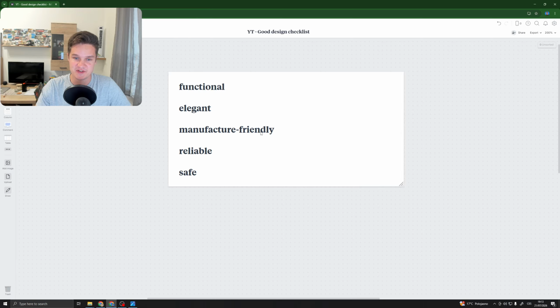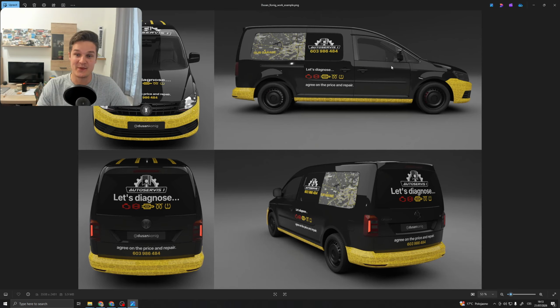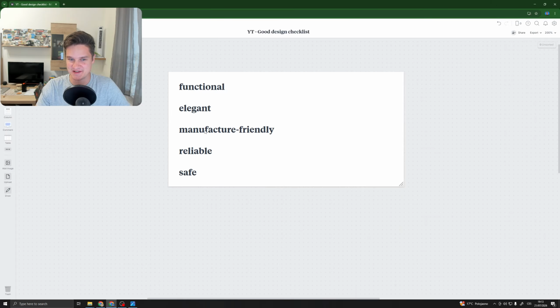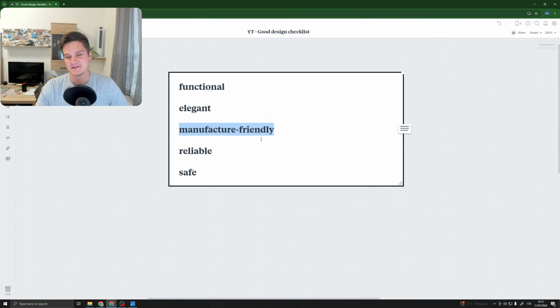The third thing, manufacturer friendly. This means, can I make it? Can I actually print the wrap and can we install it on the car? So in my niche, this is very important. So whenever I make something and it's functional and elegant, it doesn't necessarily mean that you can print it on the printer that is available for the client. That's one thing, because there is a width of print that needs to be